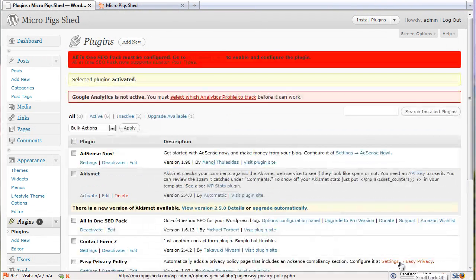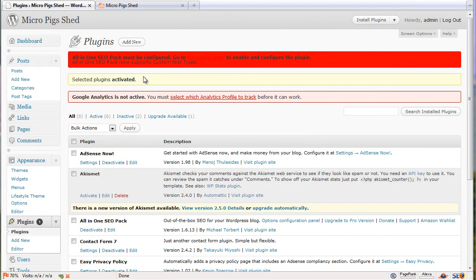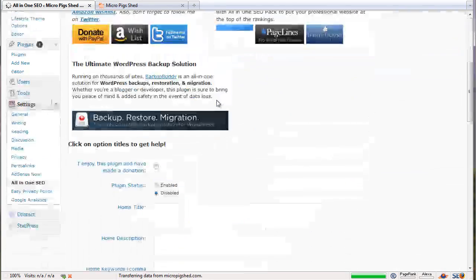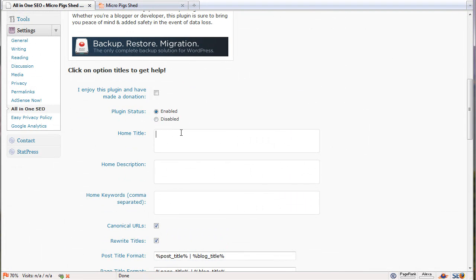Okay, and when you've installed your plugins, you'll see these two warning messages. The top one is asking you to configure your All in One SEO Pack, so let's do that first. The link's just here, hidden with the red on red text, which is a bit stupid in my opinion. So we want to enable this plugin, and this is all our information for SEO, so we need to fill